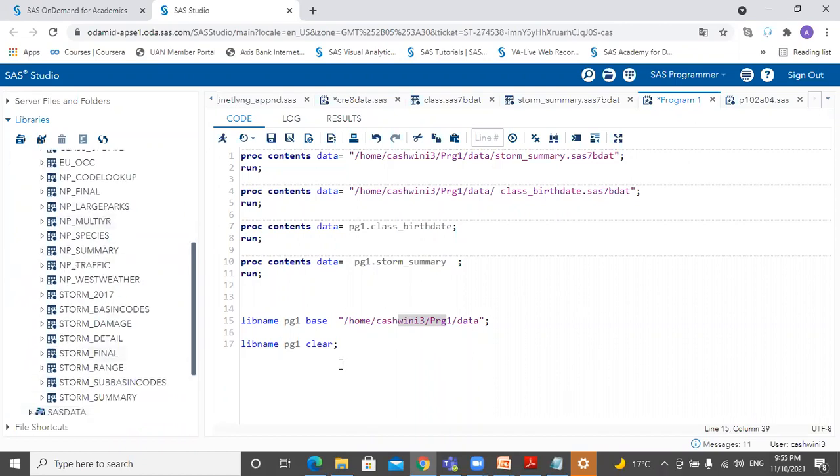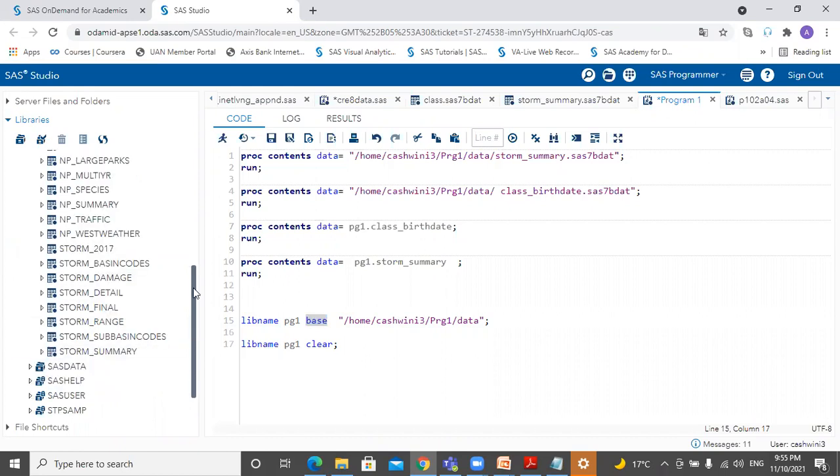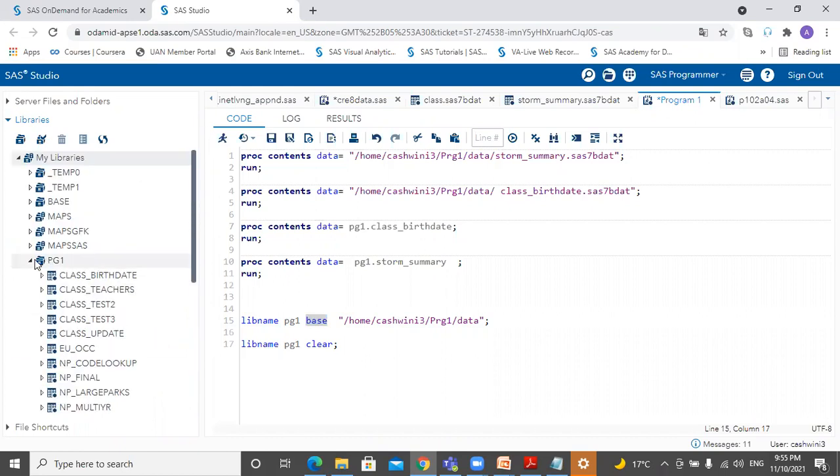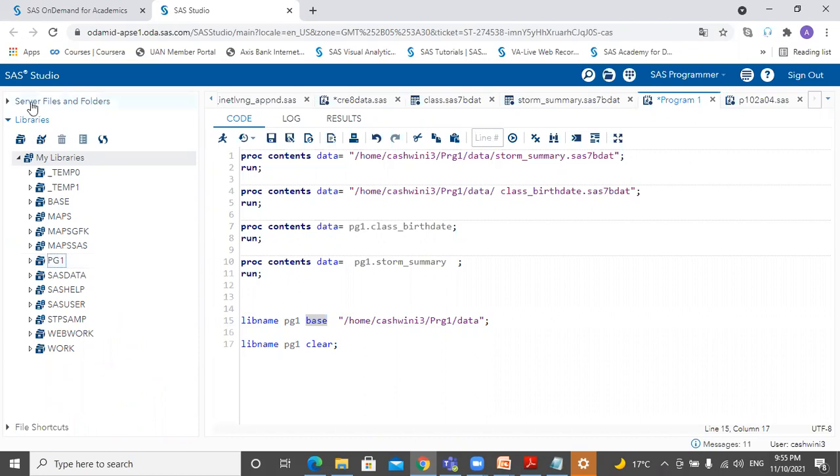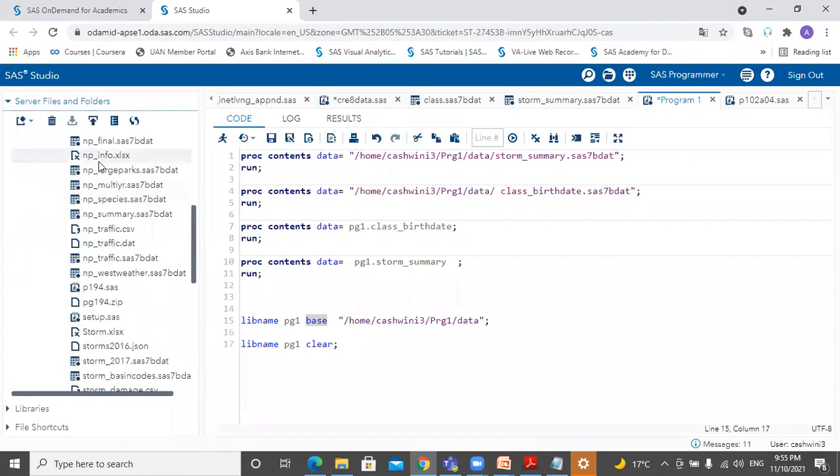The answer we have already discussed earlier. It can read only SAS files, because we are working with only the base engine, and therefore it's connecting only SAS files within the SAS environment. And when you want to connect these non-SAS files, which are your Excel files and all,